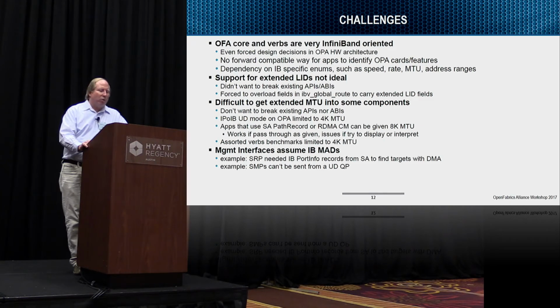The community at kernel.org has been reviewing and discussing for the last few months a set of patches around that. The general consensus in the kernel.org community has been that we should go through all of the kernel fabric APIs and increase the size of addresses in them so that internal to the kernel it can be a very clean approach. In user space, it's a little more challenging. We certainly don't want to break forward compatibility with existing apps and existing binaries. So the patch set is basically overloading fields in the global route portions of the path records in order to